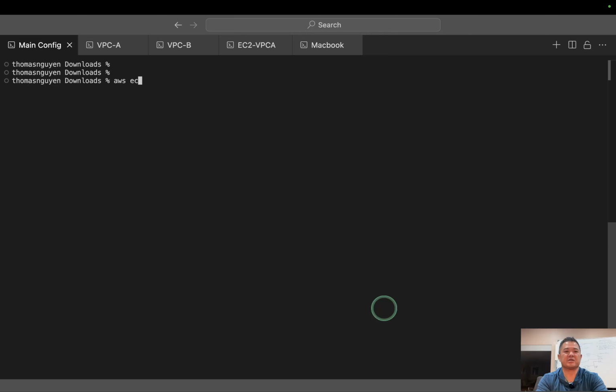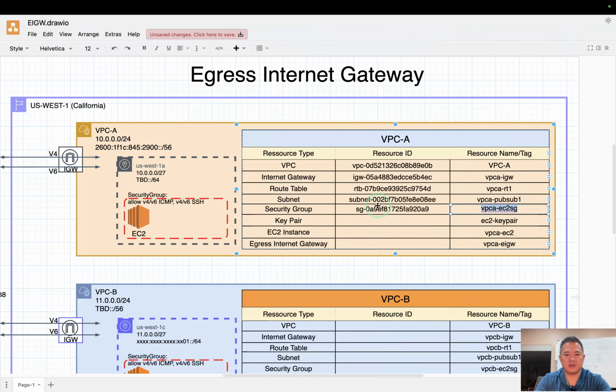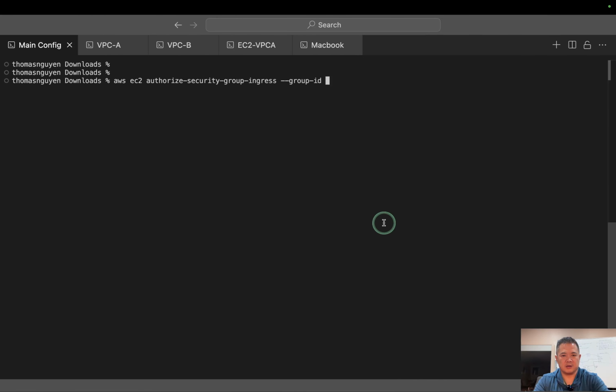So we say AWS EC2 authorize security group ingress, group ID of, and then here you say IP permissions, space IP protocol equals ICMPv6, comma, from port equals -1, comma, to port equals -1, comma, IPv6 ranges equals